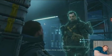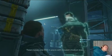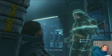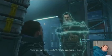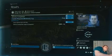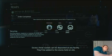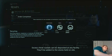Got some chiral crystals for us? These crystals only form in places with elevated chiralium levels. Which makes me wonder if expanding the network had something to do with it. Not a bad haul. Plenty enough for research. We'll take good care of it. Excess chiral crystals can be deposited at any facility. They'll be added to the stores held on...